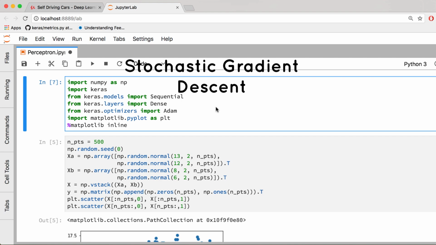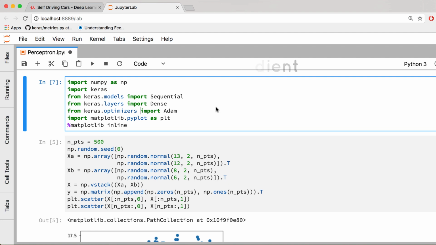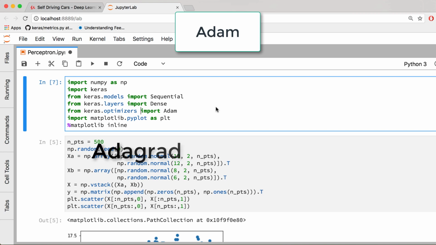If you're interested in the specifics of stochastic gradient descent and how it works, feel free to ask me in the Q&A or just send me an email, and we can discuss it further. But for the sake of moving on to the code, the Adam optimization algorithm is a combination of two other extensions of stochastic gradient descent, notably AdaGrad and RMSProp, and is a very efficient stochastic optimization method in updating the